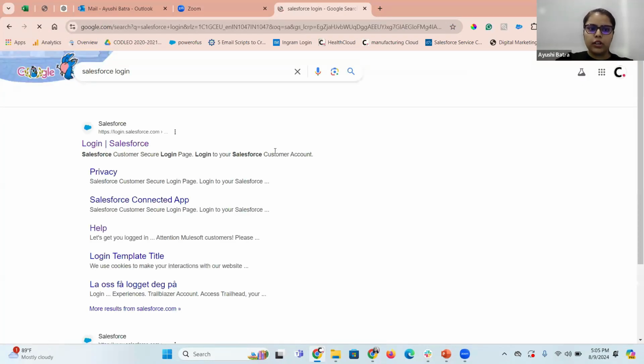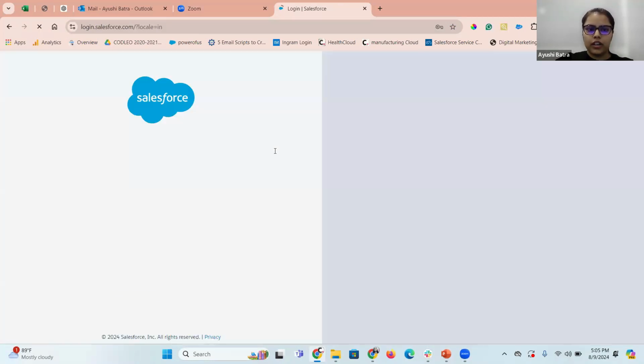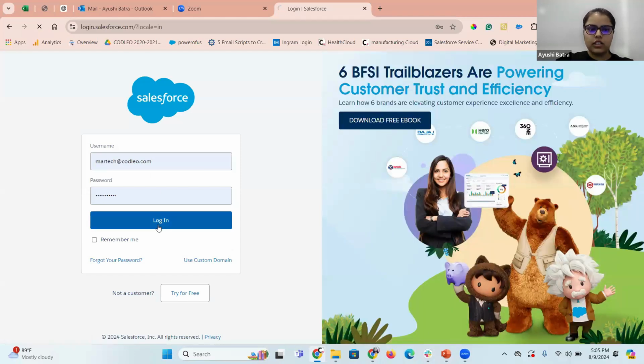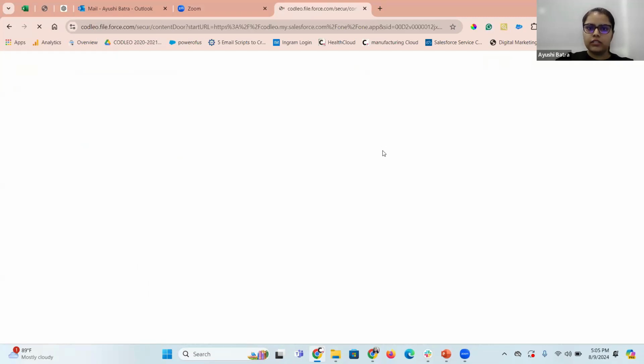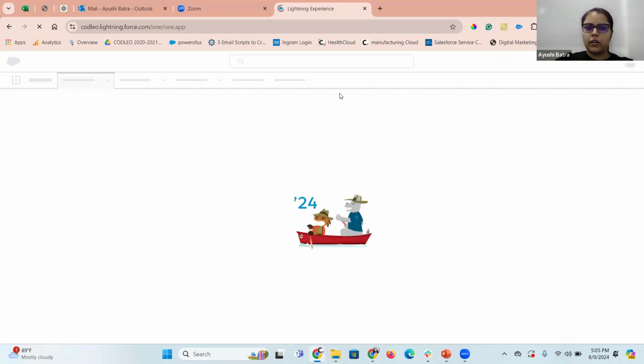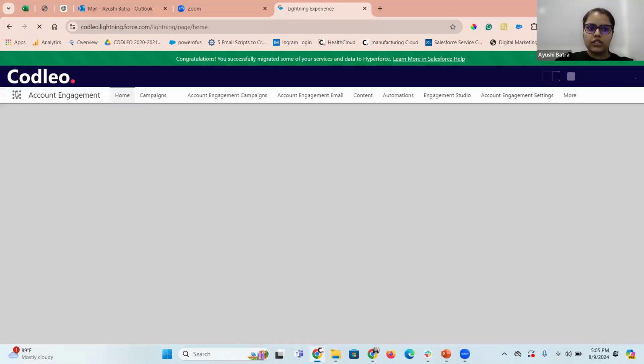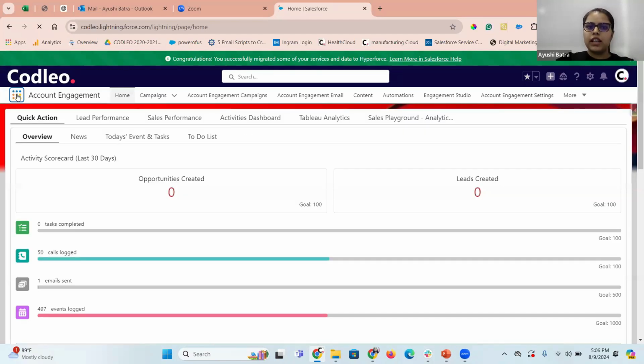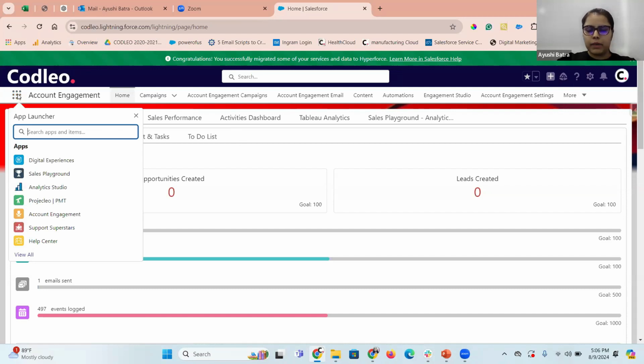When you go, you will find a login URL to log in to Salesforce and enter your credentials. We have a direct plugin through which we can log in from Salesforce. Just click on the Account Engagement app. If you're using the Lightning version, it will be directly available in the App Exchange box.